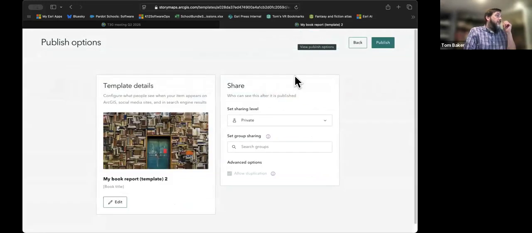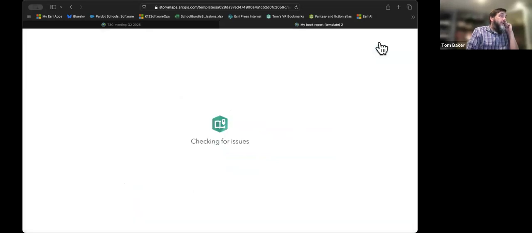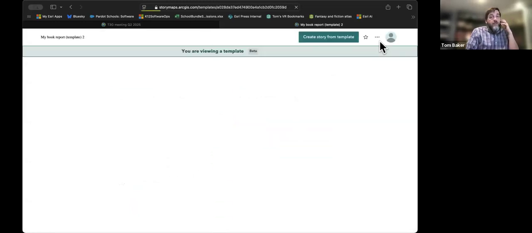And then I'm going to go ahead and publish. And recall, I'm publishing it as a template. And you'll notice that duplication is automatically turned on. I want to set my sharing level. I'll set it to organization. Again, I could change metadata. I'm just going to hit publish. And now I'm publishing a StoryMap template. And I've set this sharing to